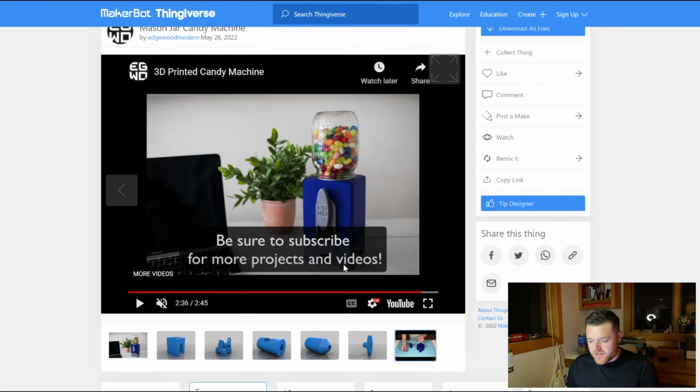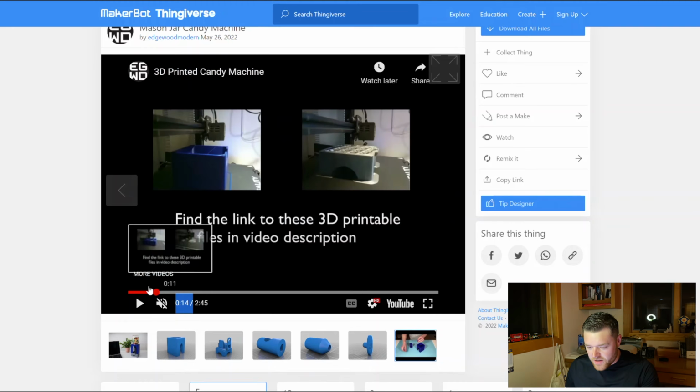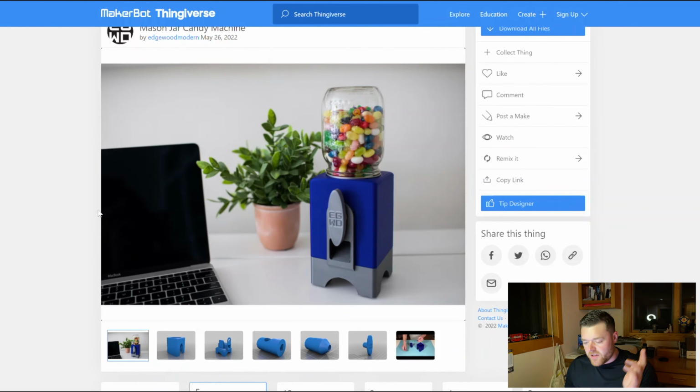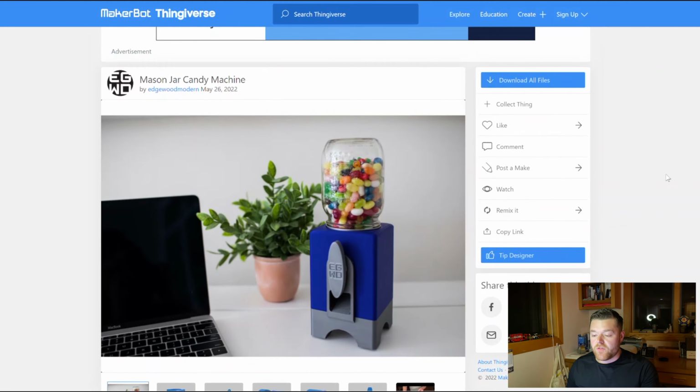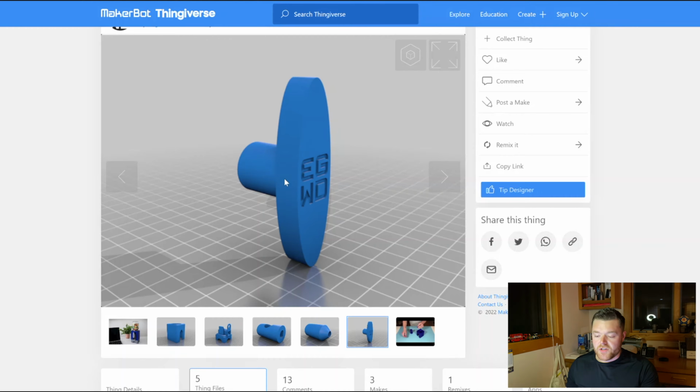And he's got this really cool assembly tutorial video to learn how to put this all together, which is super slick. I'll leave a link to that tutorial video as well if you're interested in customizing this specific project. But again, you could follow this tutorial for any project or STL file that you find on Thingiverse or wherever you might obtain that. So for the purpose of this video, we're going to focus mainly on this knob